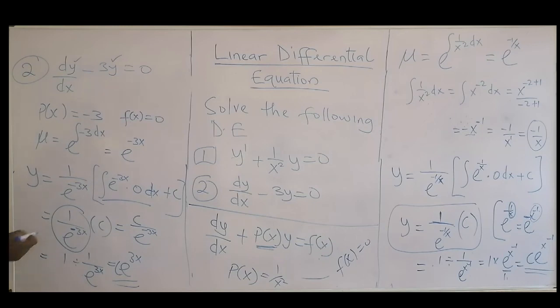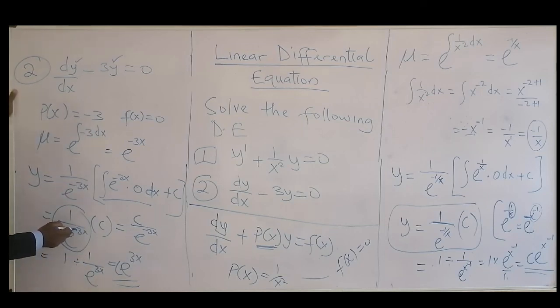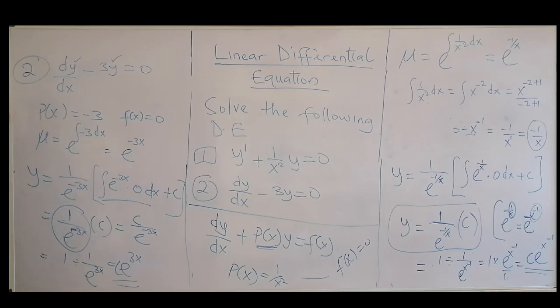If you want to remove this minus, it will just be 1 over. But in a nutshell, when you have a negative as a power and you have 1 over, the 1 over is also minus, so you are having minus minus, and automatically it will cancel out. So there may not be a need for you to be doing all this, just to give you the positive of that, e to the power 3x. So that's that on that question.